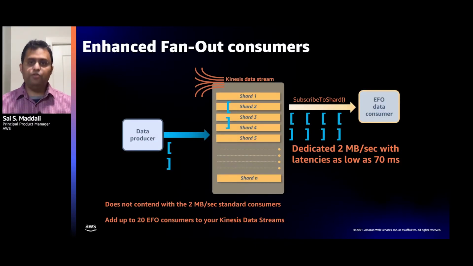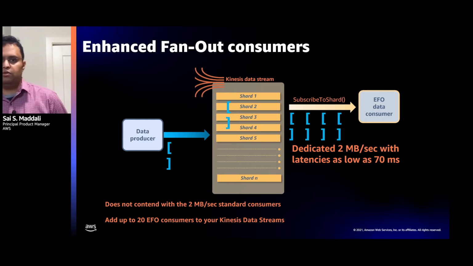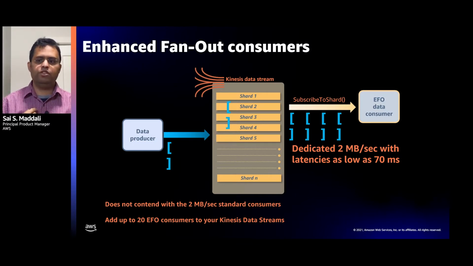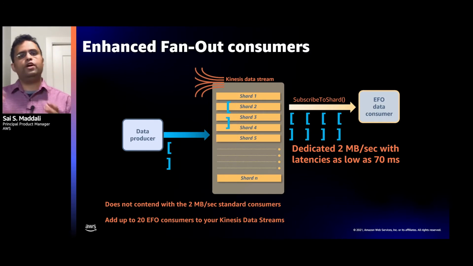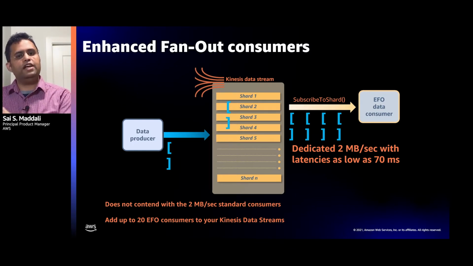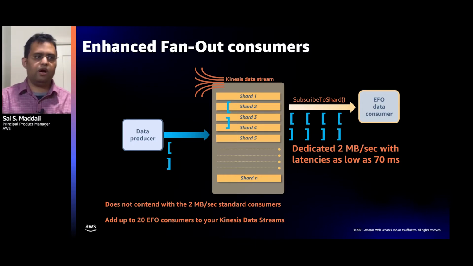Okay, so one other key benefit of streaming systems is you can attach more than one consumer. In an e-commerce example, you have one application that is providing real-time insights to customers. It could be a marketing application. But then you also want to attach a new application that sends the same data to a data warehouse so that you can understand your buyer behavior, what purchases they make, and so forth. Also, you want to attach another application that takes the same data and sends it to a financial system where you're doing things like accounting.